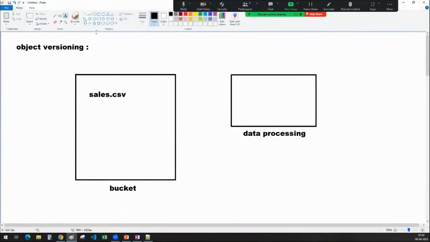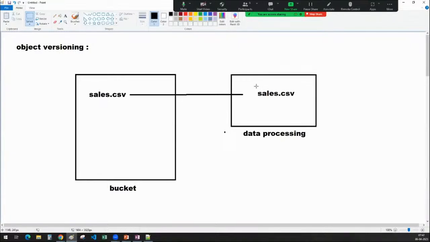Here you are doing data processing. For that, you need this file. You took this file from here, and you are doing some activity on it. What have you done, sir? You wanted to do some data processing and data cleaning on this sales.csv from this bucket. So you have loaded that file, sales.csv, from the bucket, that is Google Cloud Storage, to the data processing system. Once you have cleaned it, for example removed null values and removed duplicate values,